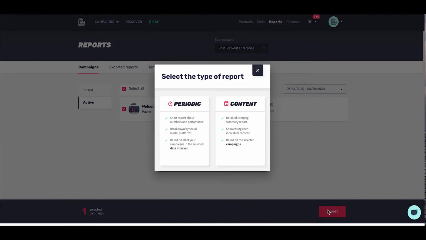So clicking that will bring up two options. So what you have here is the periodic, which would be a short report about the numbers and the performance, a breakdown by the social media platforms and based on all of your campaigns in the selected date interval. Or you can have the content, which is a detailed campaign summary report showcasing each individual content based on the